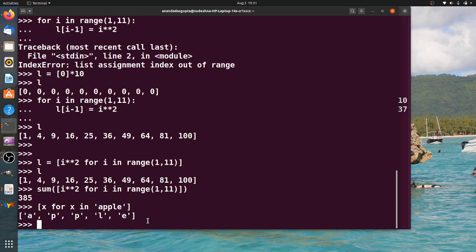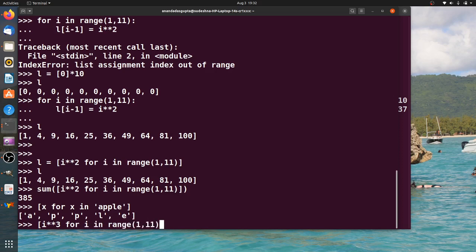We can actually use list comprehension in much more varied ways. One of them is this. You can actually also put in conditions while building up the list using list comprehension. For example, going back to our example of this range 1, 11 thing that we used a while ago, let's try this. I will produce a list of cubes of the elements taken. So for i in range 1, 11,